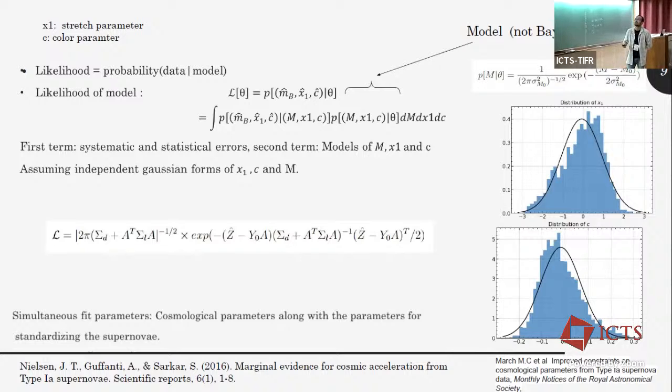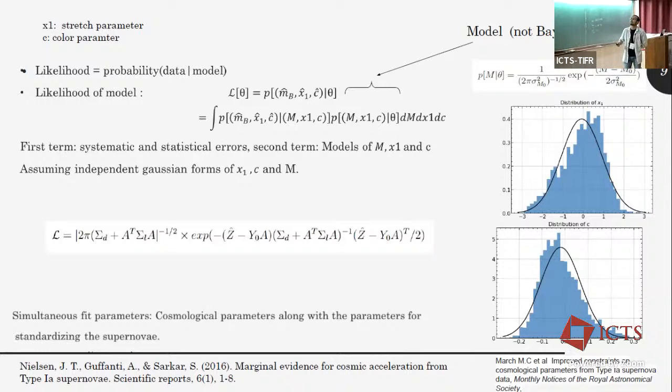It generally states that the likelihood can be written in terms of the capped parameters, which we observe, and theta being the model. The likelihood can then be broken down into the probability of the observed MB, x1 and c, given the true values of MB, x1 and c, times the probability distribution of MB, x1 and c, the M being the absolute magnitude. So the first term serves as the statistical and systematic error, while the second term is